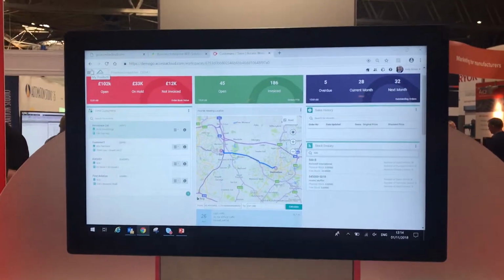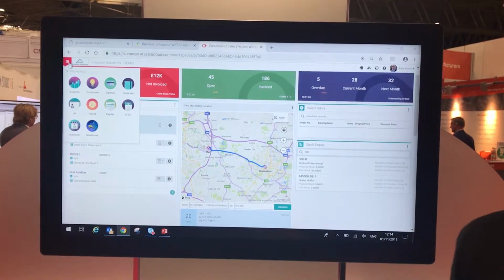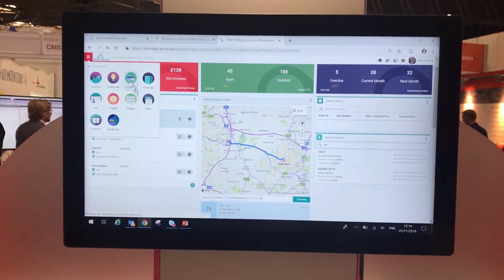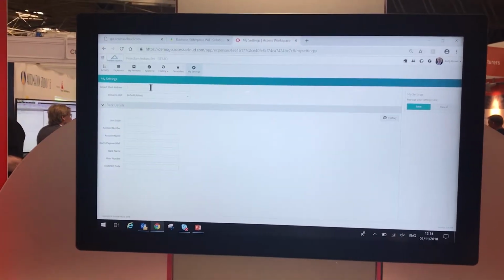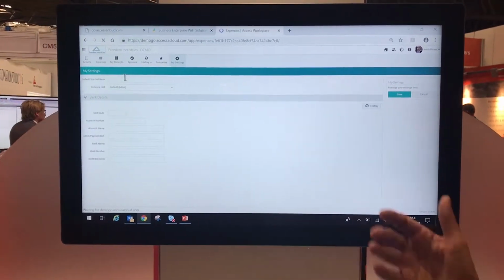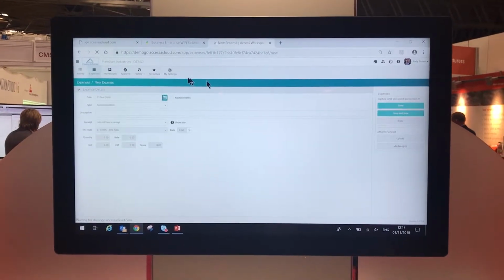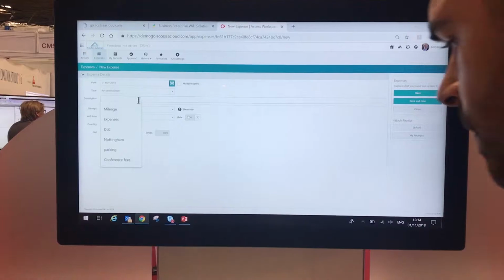That's the main dashboard area of Workspace, but what you can also do is it's got embedded applications within it as well. So for example, expenses. I can go to my expenses option here, and what I can actually do is I can start to put in new kinds of expenses. So where I've got train travel, it might be that I've gone to a meeting, I've got the M6 toll to get here today. I say the date, I say what kind of expense it is, so it could be